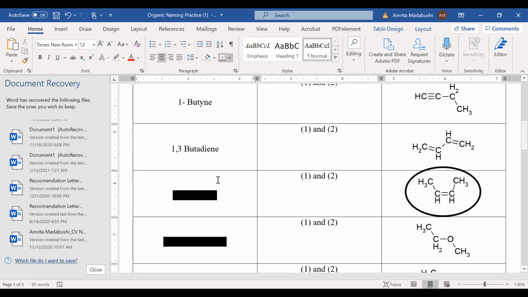Is it butene? Butene is perfectly fine. I know you must be thinking, why is everything butene? I just wanted to tell you, as a reminder, this is also cis and trans. Cis is on the same side. So if you saw somewhere cis butene, please don't get confused and think we never learned this. Cis means these two groups, which are not a part of this, are on the